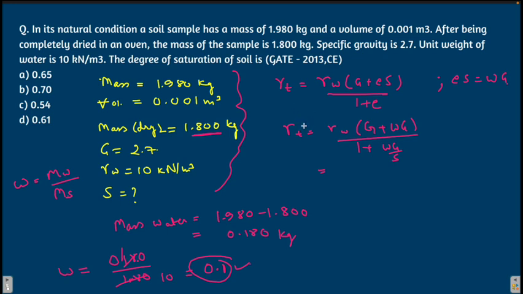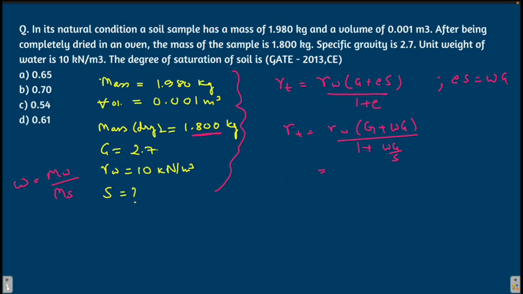Now here is again one challenge, that we don't know the value of gamma T. For finding the value of S, we have to find the value of gamma T. Rest everything is known. So how will we find gamma T? Now look here, we have to find the density. You will say density is very easy. It is mass by volume. The mass is given to you and the volume is also given to you, not the dry mass.